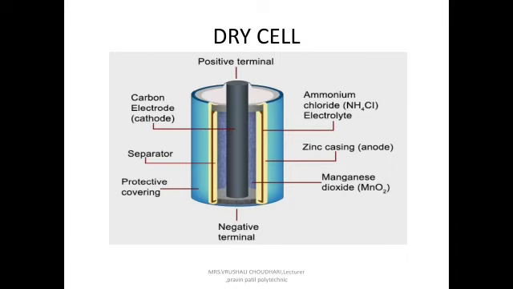Another main example of a primary cell is the dry cell, which we use in our everyday life. It is also called a Leclanche cell, a modification of the Leclanche cell. It is not exactly dry inside, but a paste, meaning semi-solid form. Before its composition, first you have to know where we use this dry cell: torches, doorbells, transistors,